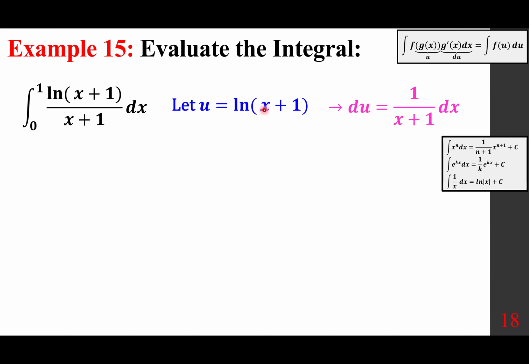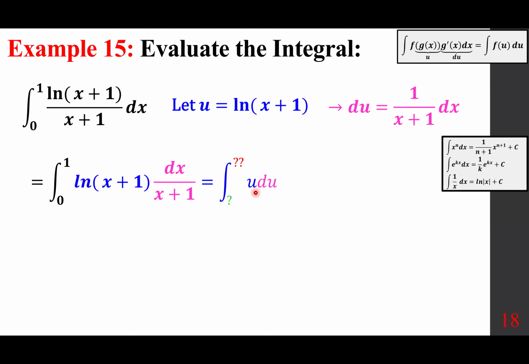Now, for sure, we have to rewrite this because I want to make sure everybody can see what we are dealing with. So we are dealing with the integral of 0 to 1 ln of x plus 1 times dx over x plus 1. I'm writing it in this fashion, so I separate the u from du. So this is u, this is du. And what are the limits? I'm not going to write the limits yet, because when I'm done, and by the way, this is half of u squared when I integrate, I can go back to the original one, or